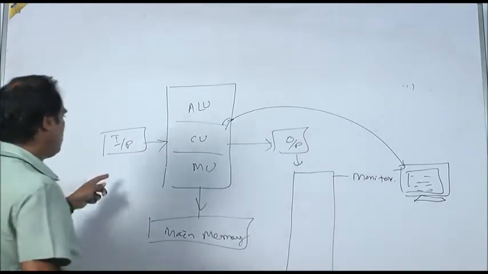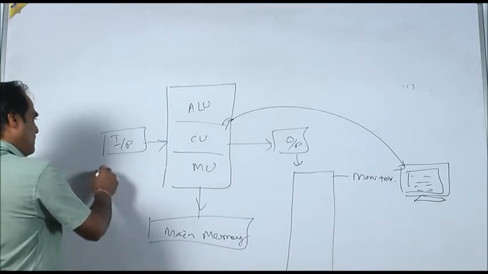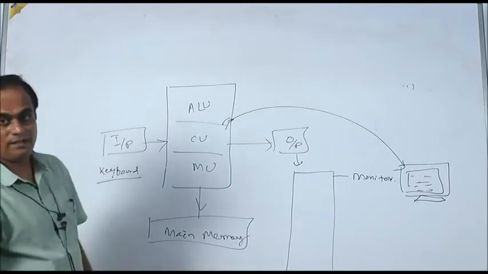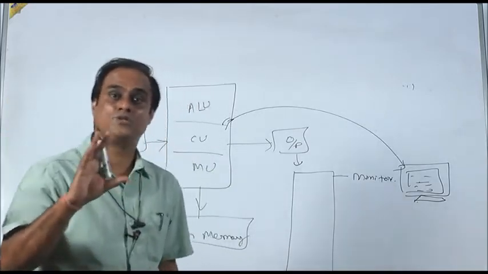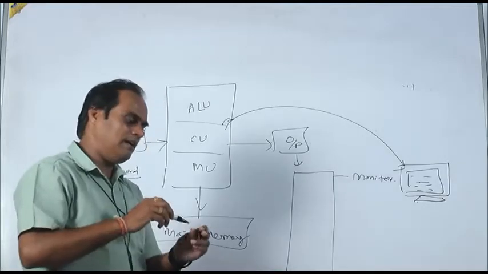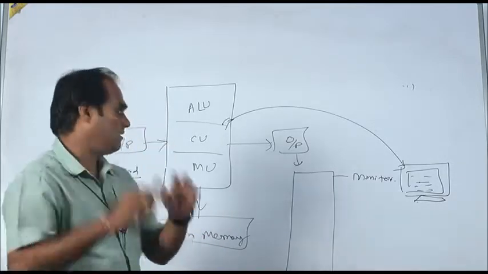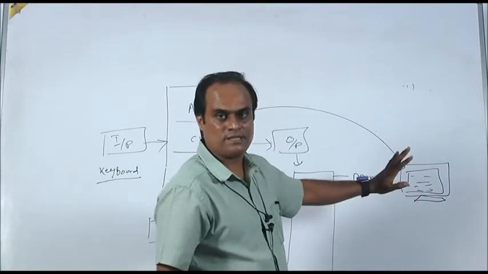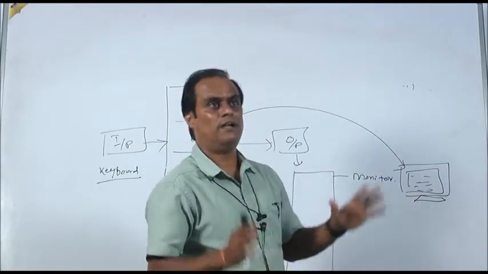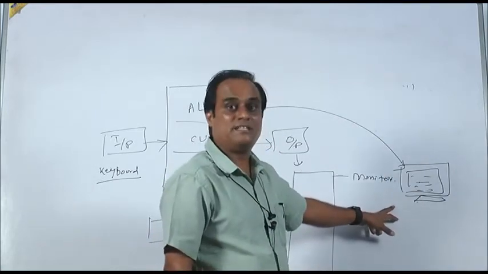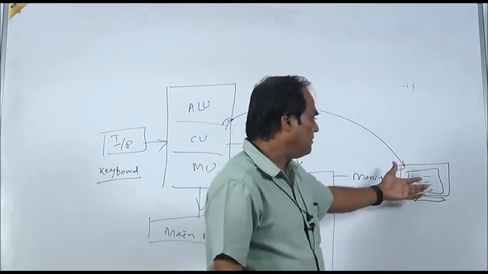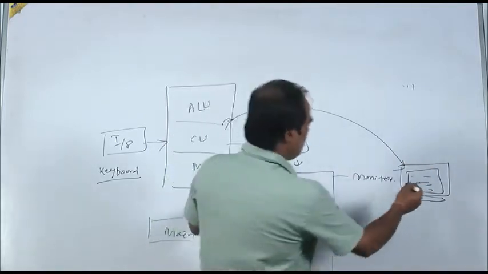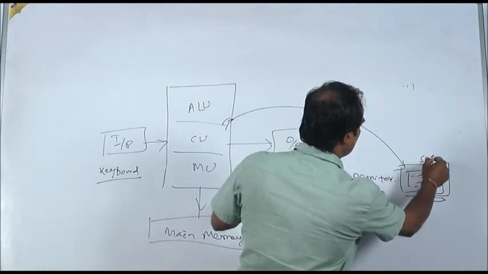I have already told you that the keyboard is the universally used input device. Like that, the monitor is the universally used output device. That means if a computing system is there, definitely you will get one monitor display unit, where the user can see the output. That is why what the user gets is known as the soft copy.